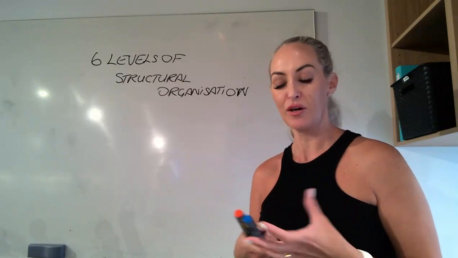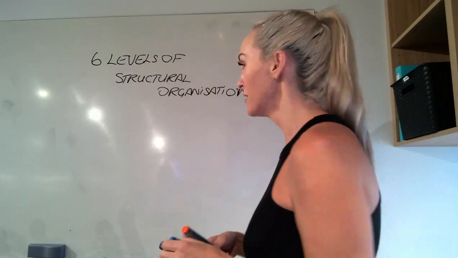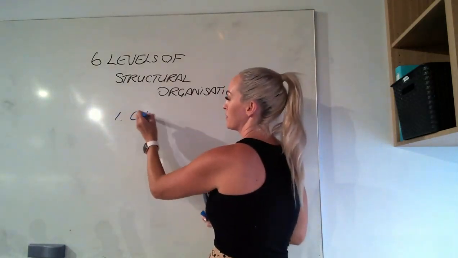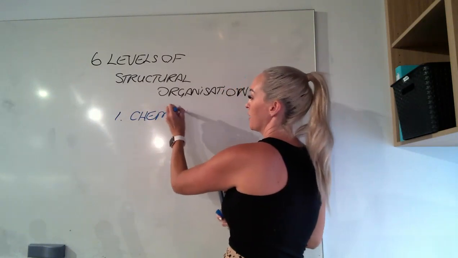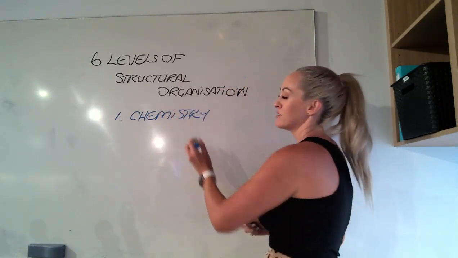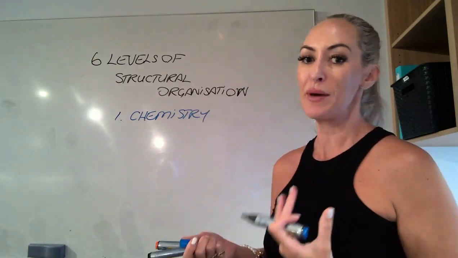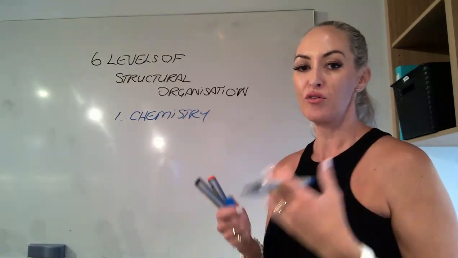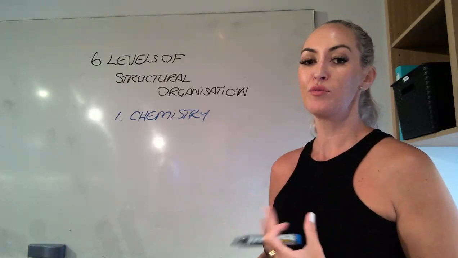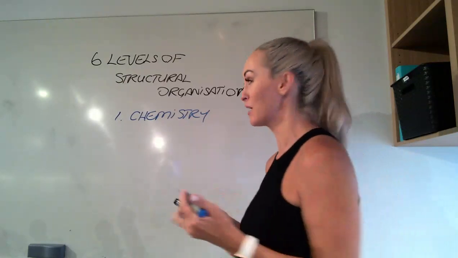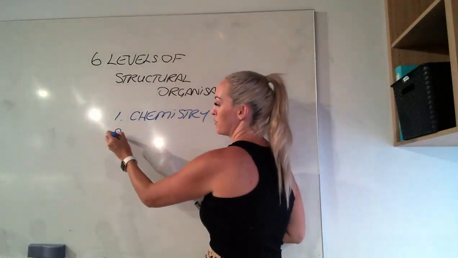Okay, so the first thing we obviously have is chemistry. Okay, so mum and dad. So we're going to start with chemistry as our first one. Okay, once we have chemistry, that then starts at the embryonic state. Okay, so we're going to think of you as if you were a baby. You've now been created, you're now in the womb, you're now growing. So from here, we then go to cells. So the cells are the ones we were just talking about before.